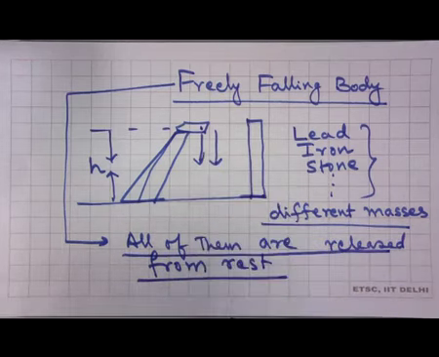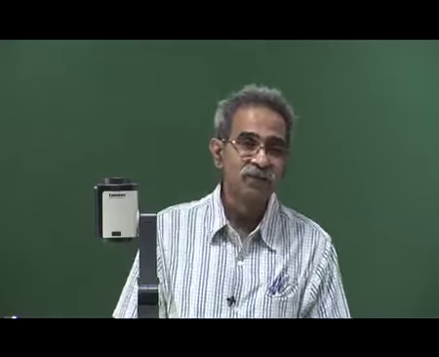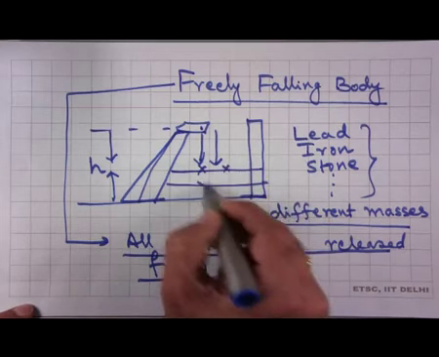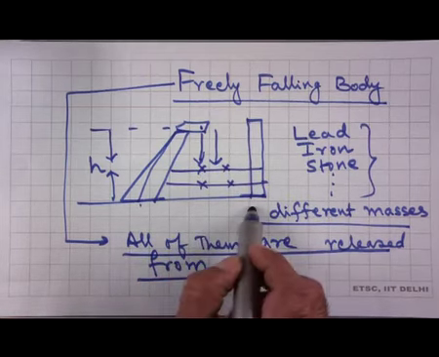So, you can imagine 3 of you, 4 of you, you climb up the Tower of Pisa, or you climb up a high building in your apartment complex or whatever. Find a time when there is nobody around. Each of you holds different blocks, iron, stone, whatever, heavy objects on which the resistance from the air is negligible, and you drop them. And if you were to carefully observe, what is it that you would find? That they will all move together at any given time. If they are released simultaneously, at any given time, both of them will be together, and eventually they will reach the earth at the same time.